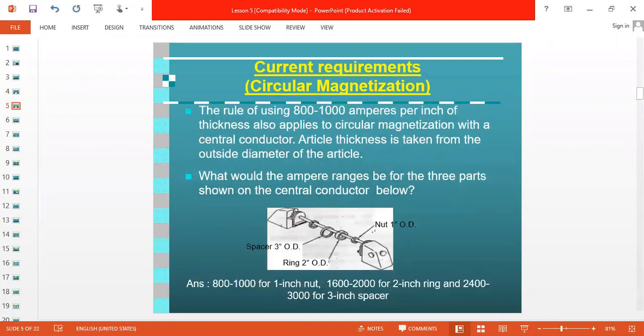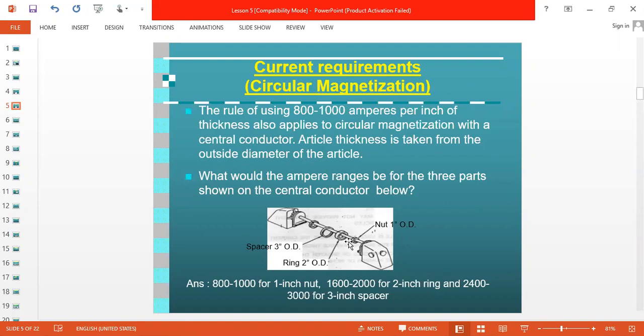Now look here, this is a central conductor. These small rings are inspected through the central conductor technique. Basically this is an indirect technique. If we have finished gears, we can use this indirect technique, because in a central conductor we are not sending current to the job, so there is no chance of sparks on the job surface and no chance of damaging the surface finish.